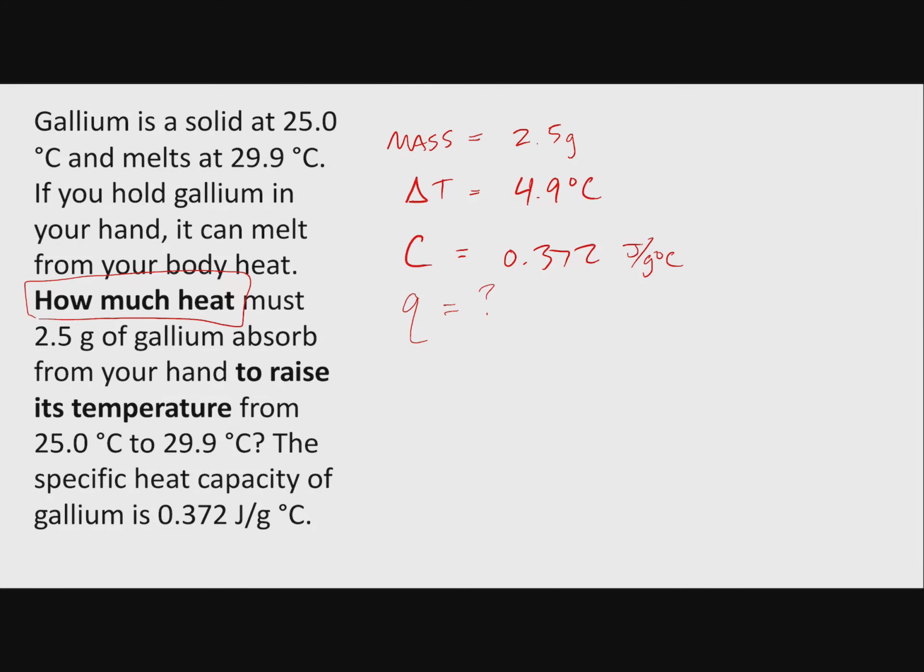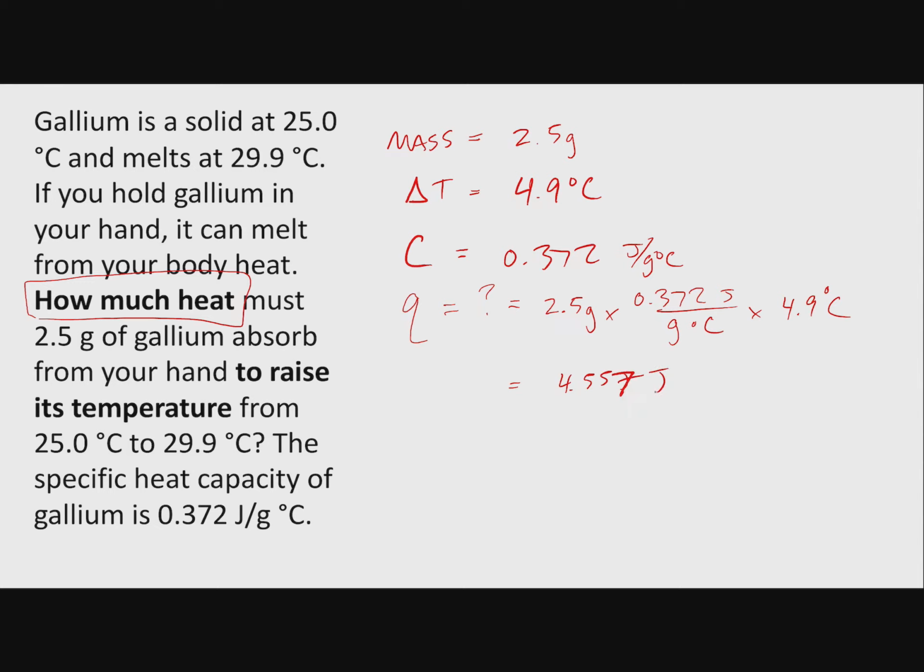So we know what we're doing. We're going to plug everything into our equation straight in. We're not going to rearrange. We're not going to do anything. So Q is equal to 2.5 grams times the heat capacity. That says for every gram, for every degree Celsius, it's going to take 0.372 joules, times 4.9 degrees Celsius. So then you plug it in, you solve for it, we're going to get 4.557